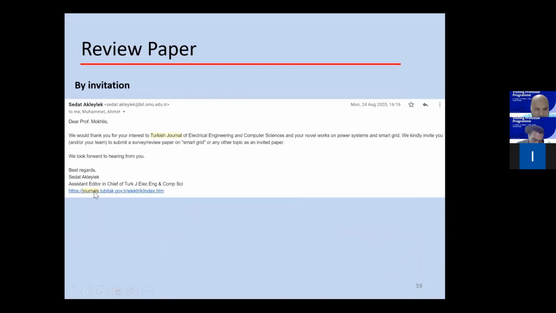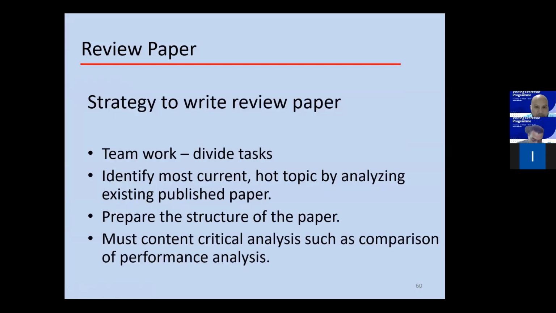This is, for example, this one, the Turkish. I would propose if you have a work, maybe you think it's not up to the standard of IEEE, you can try to send this Turkish Journal Electrical Energy and Engineering and Computer Science. Usually they give a good feedback, although to reviewers, and a good start for those who are starting to submit a paper. So you can try this. Like this one is based on invitation to me to send a review paper.